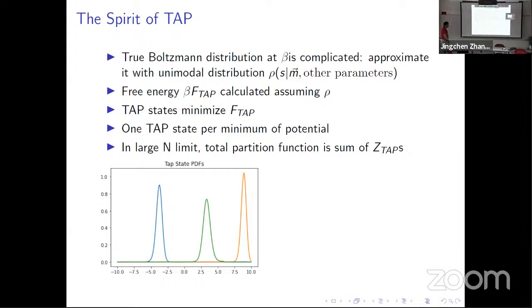Okay, so if we have the complicated energy landscape that I showed you before, then there's some Boltzmann distribution. You can always define the Boltzmann distribution, right? E to the minus beta H is always a well-defined distribution. I guess there are some systems where it's not normalized, but we're not thinking about that. There's always some Boltzmann distribution, but it can be complicated and unrealistic, and we never reach it. So I like to think of TAP states as simpler approximations to the Boltzmann distribution.